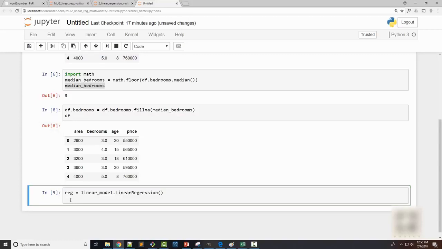The object got created fine. Now I will call the fit method. You will use this fit method often, and this method is used to train your model using your training set. Here my training set is a data frame. So if you want to create a data frame using your existing data frame, you can use this syntax of using two brackets. Okay, and my independent variables are area,